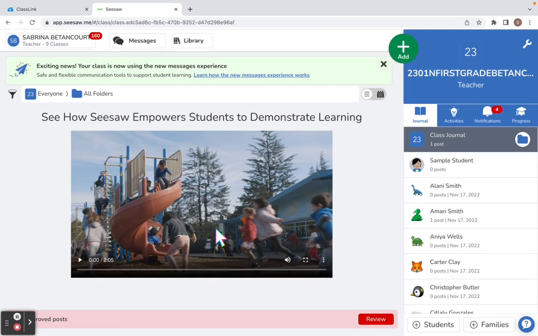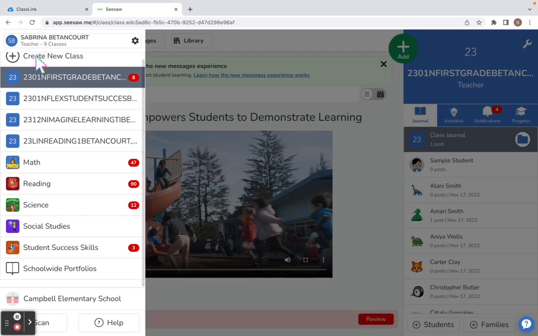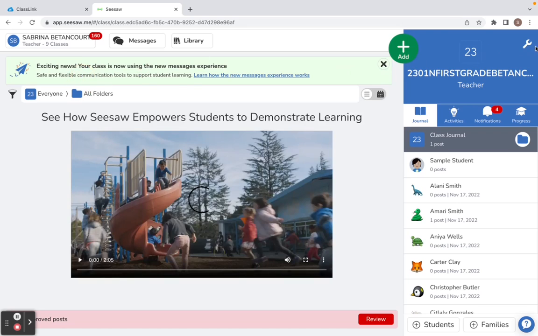When you first log in, it'll automatically put you into one of your courses. If you would like to see the other courses you have access to, you will click your name in the top left corner and you will see the courses. So if you would like to change the name of one of the courses, because this is what the district or school has already named the course with its technical term, you'll click on the course and you'll click the wrench in the top right corner